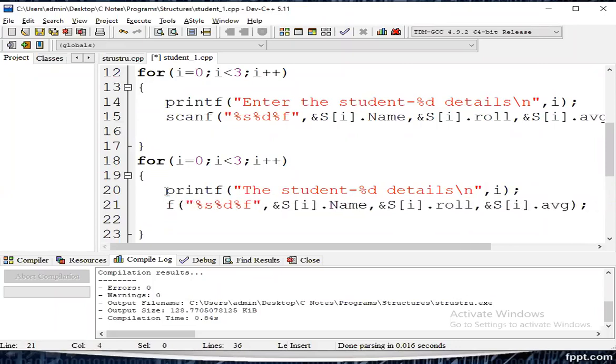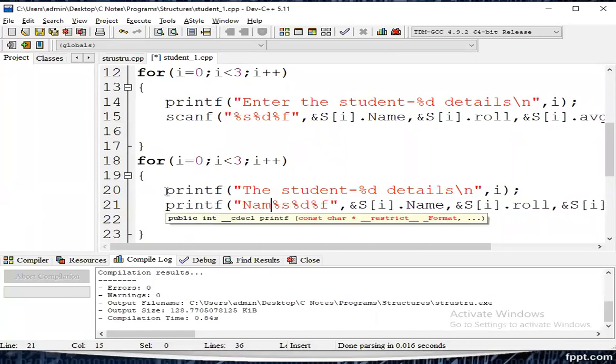What is the first one? Name of the student is percentage s, slash n. Next, roll number, slash n. Next, average, slash n.